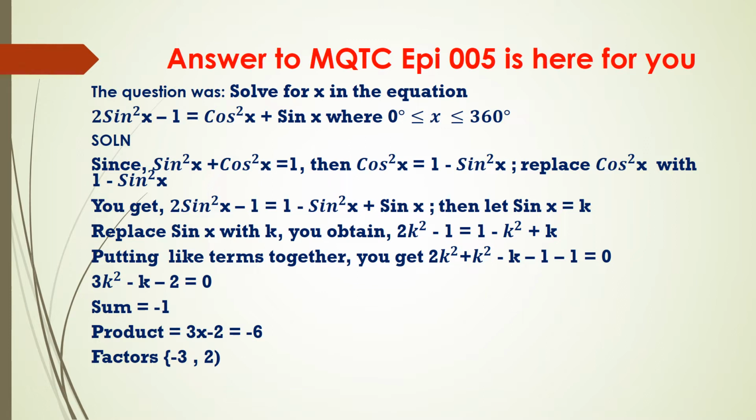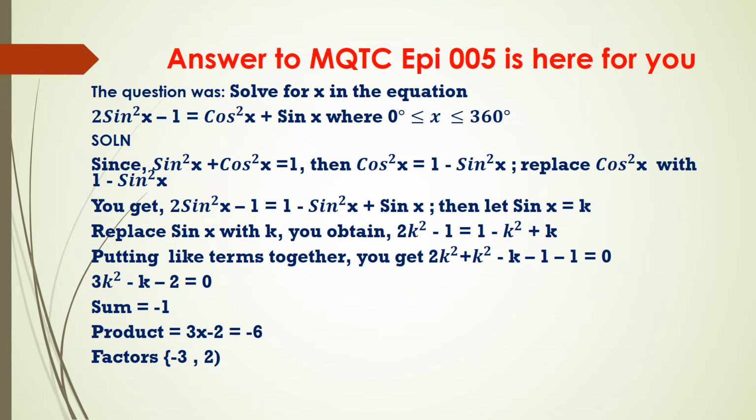So as you can see, 3k squared minus k minus 2 is equal to 0 is a quadratic equation. To solve a quadratic equation, we have various methods. We have factorization, we have the completing square method, we have the quadratic formula. In this case, we will use the factorization method by saying